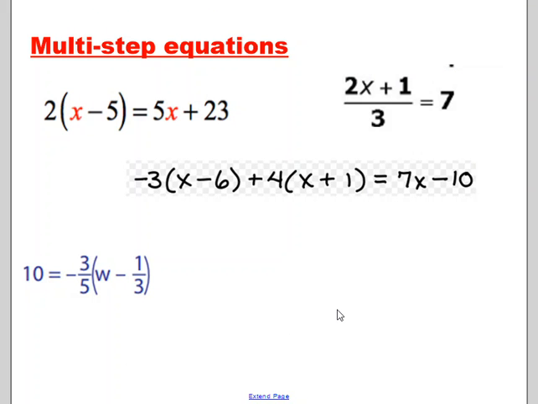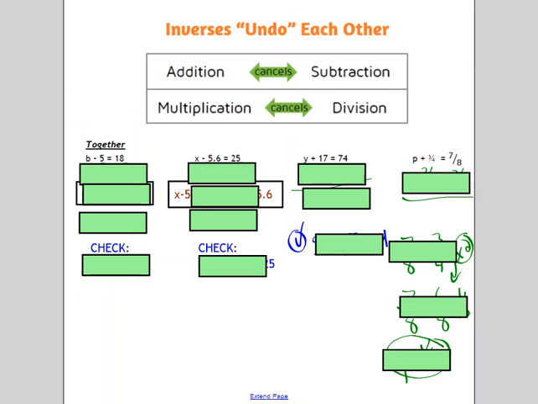So I show you this just to bring us back to this thought right here. Know how to apply these operations so that we can undo and get the variable by itself, okay? Because it's one thing to know it in your head, but it's another thing to know the steps that you can use no matter whether it's a one-step problem, a two-step problem, or a multi-step problem. You want to kind of know the steps to follow. So with that being said, of where this goes eventually in 7th and 8th grade,